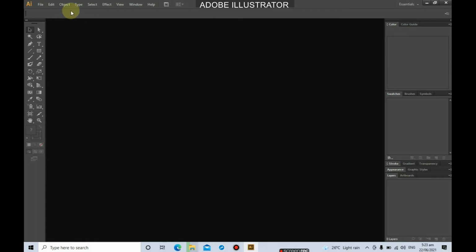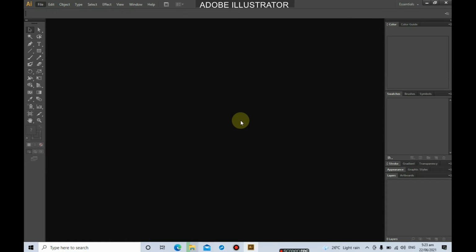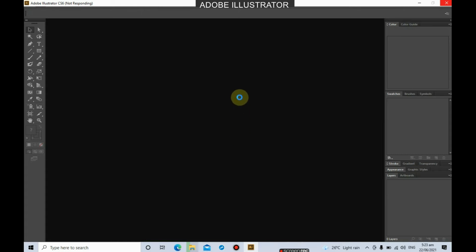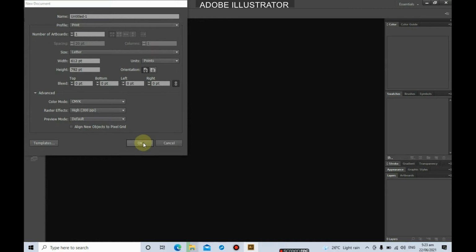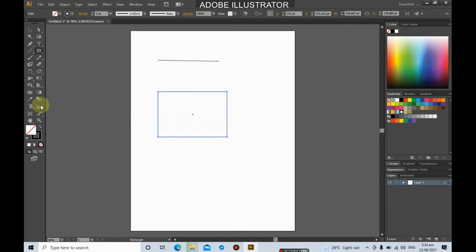Okay, so let's start by creating a new file. So create file, new. Okay, let's just click OK. Okay, so let's create some shapes here. So we have line, squares, and